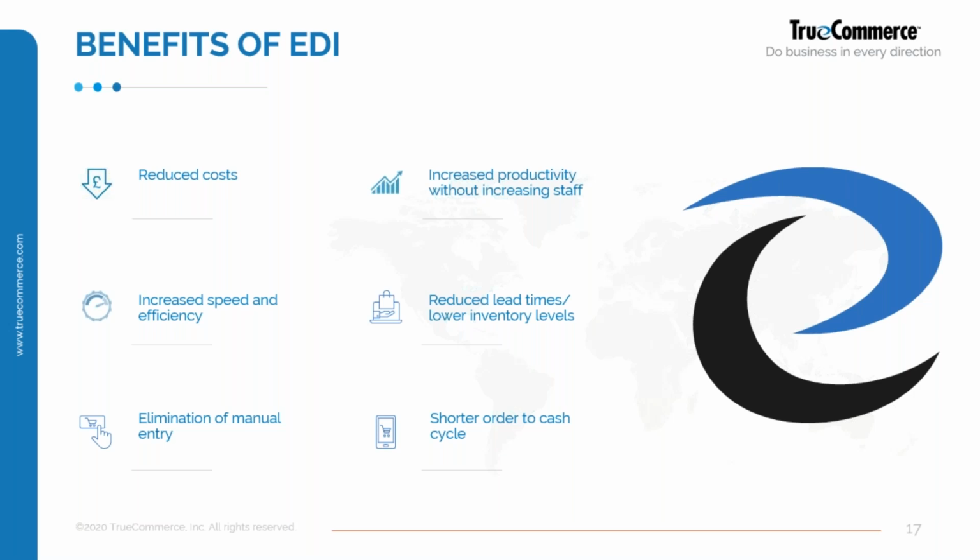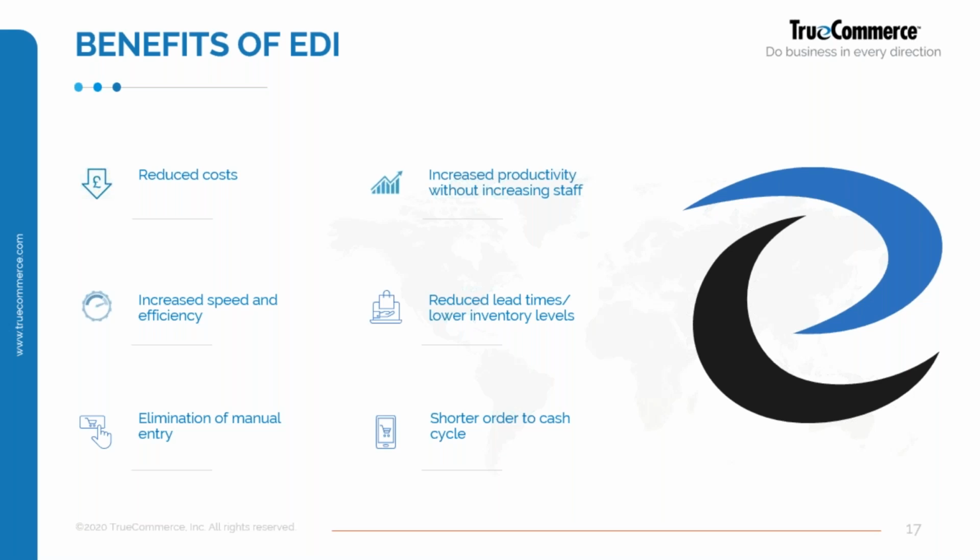EDI enables that. So what we want is, well, I guess if you're a buyer, you want reduced lead times and lower inventory levels. We don't want stock sitting on shelves unnecessarily. We want to get a good handle on our supply chain. EDI enables that. It allows us to keep close control of our suppliers, and we can monitor who's a good or bad supplier. We can monitor what type of usage of stock we're going through, when we're going to need it, and how quickly we can get that in is vital to all of that.